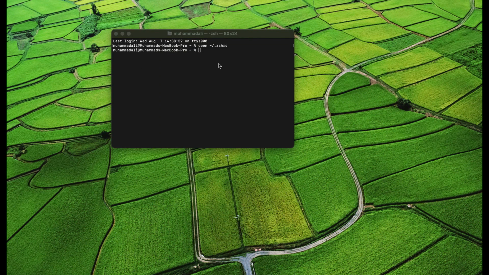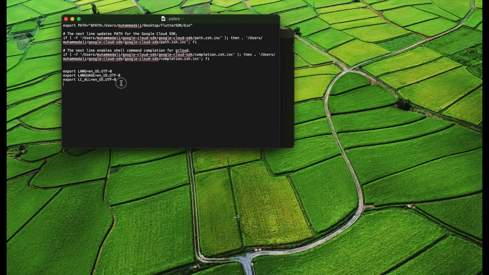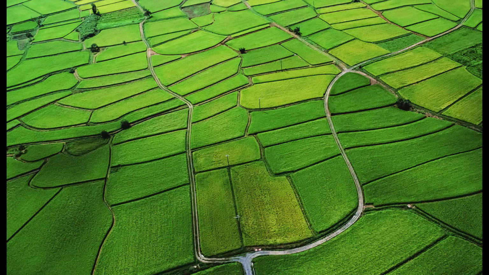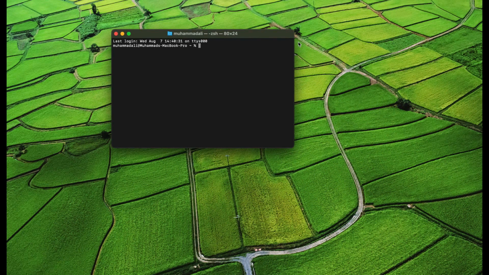Save it, close it, and open the command again, open ~/.zshrc, just to confirm that you added these lines to your zshrc file. Okay, only these 3 lines. Then after it, as we made some changes in the zshrc file, we have to update these changes by simply running the command source ~/.zshrc. Run this command in the terminal,